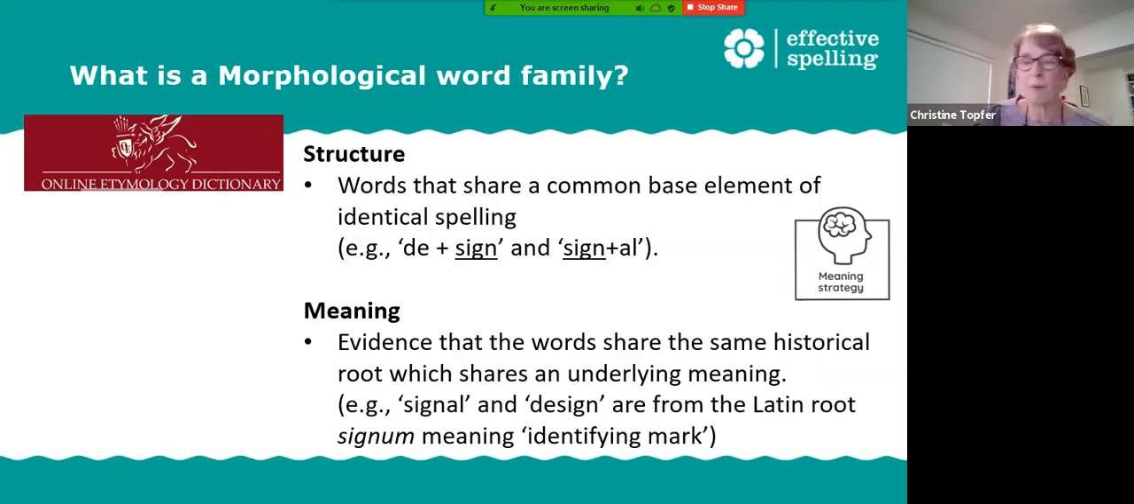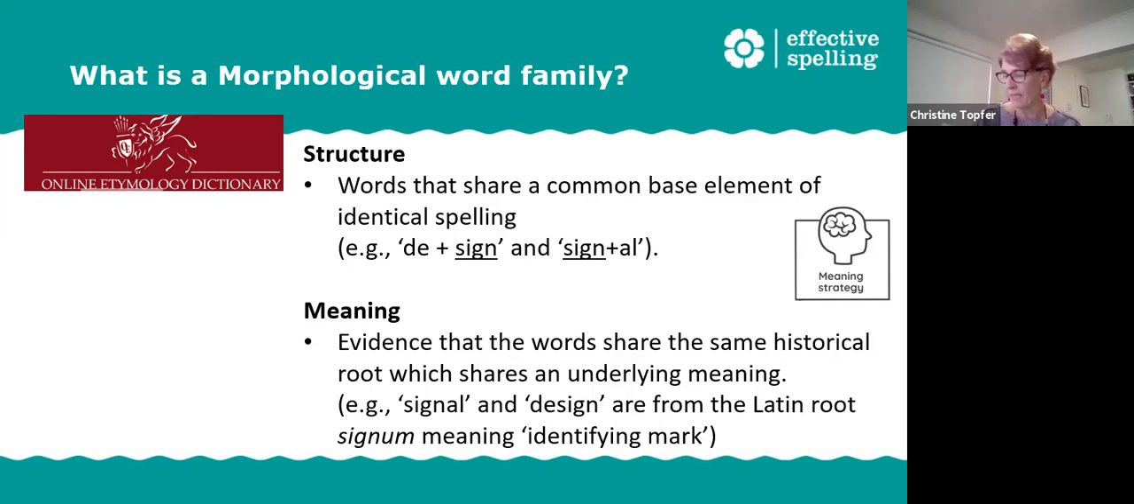To be in the same morphological word family, and you'll notice in the Australian curriculum, I feel it still might say morphemic word family. It's meaning the same thing, morphological word family. That to be in this morphological word family, they need to share a common base element, as you can see there, and they have to have the same root or origin, that is the history or etymology,